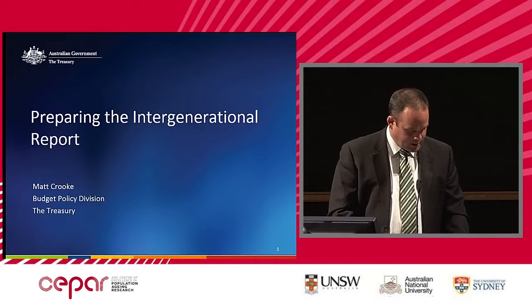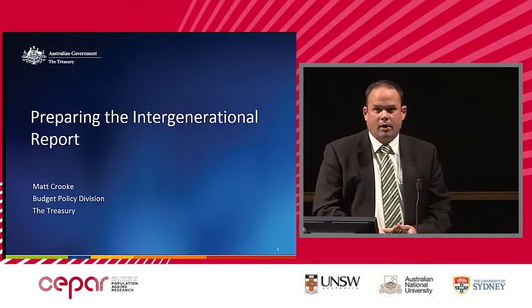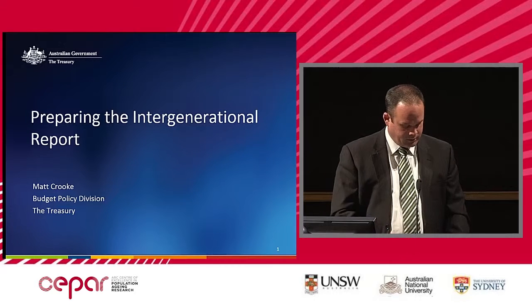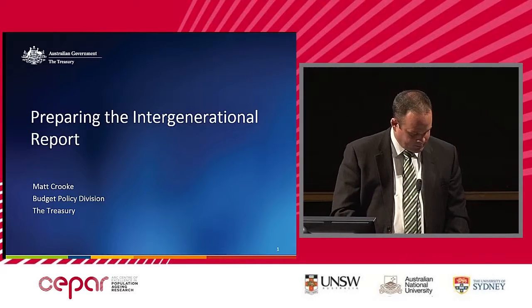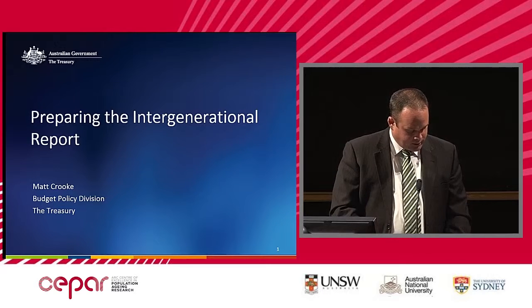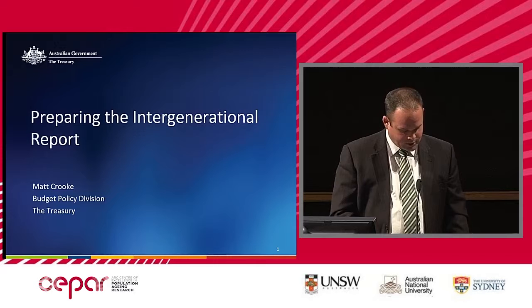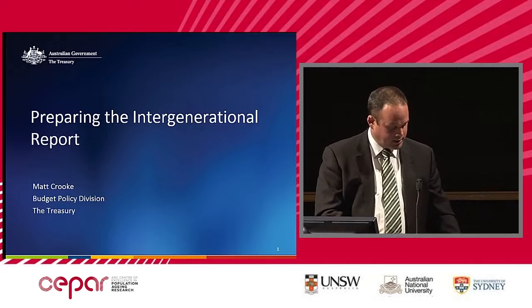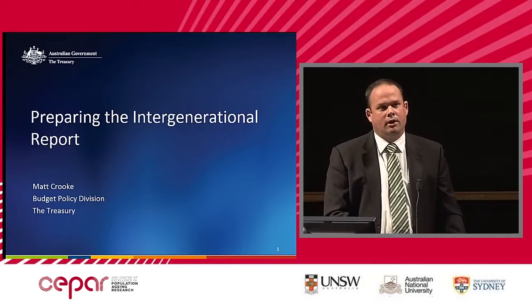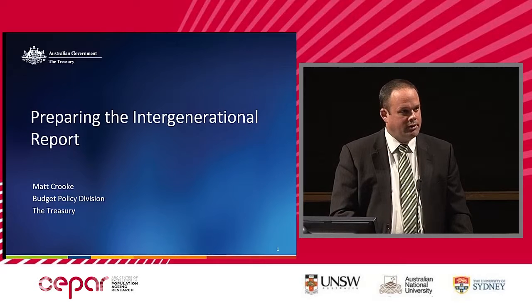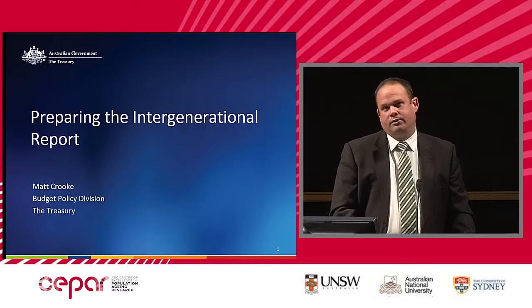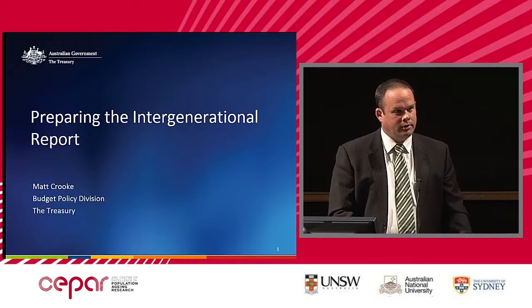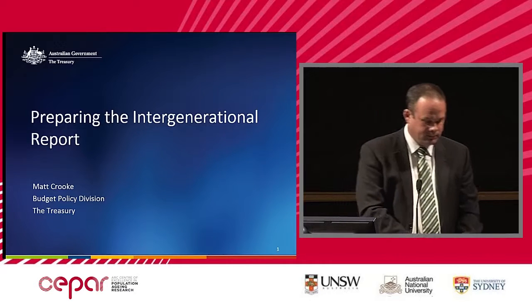Treasury's role in producing the IGR involves doing the modelling that sits behind it and preparing a draft and then a final report for the Treasurer. The final report is the Treasurer's document. That obviously involves a significant commitment of resources across Treasury and consultation across government. To actually do this, we had a steering committee set up around 2 years ago, chaired by Deputy Secretary Nigel Ray, that oversees the overall production of the IGR and tests its assumptions and the coherence of all of the elements, if you like.